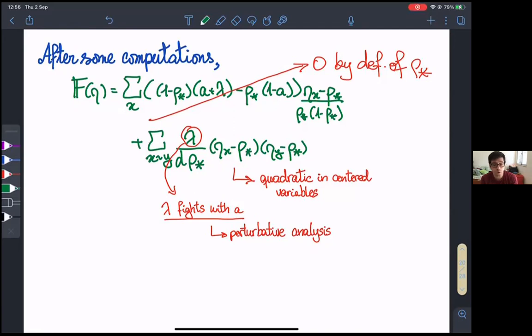So it only works for lambda small enough. And the reason for that is somehow related to this question that I mentioned, that I suspect is not true, that the Poincaré constant and the log Sobolev constants are finite. Because,